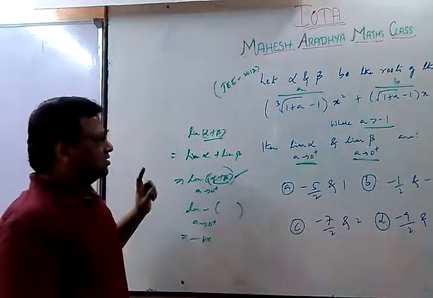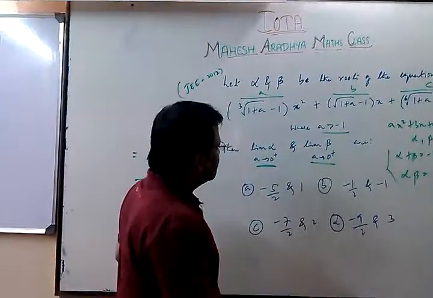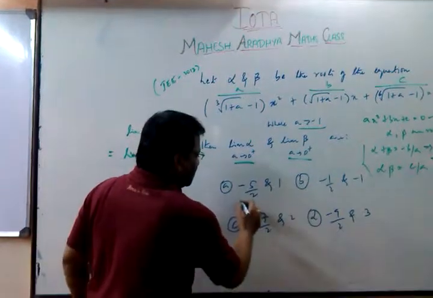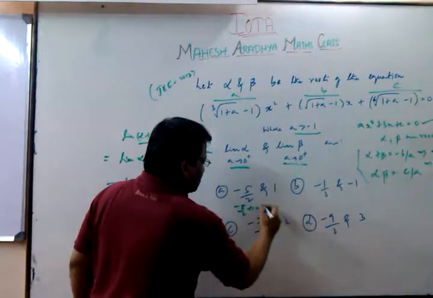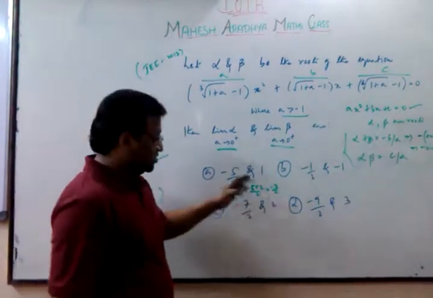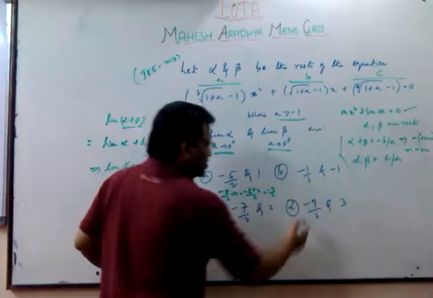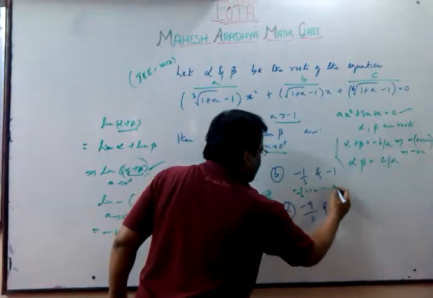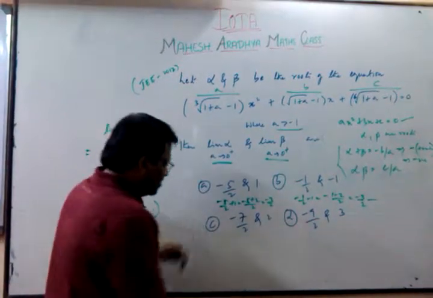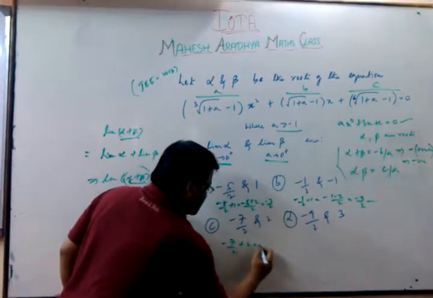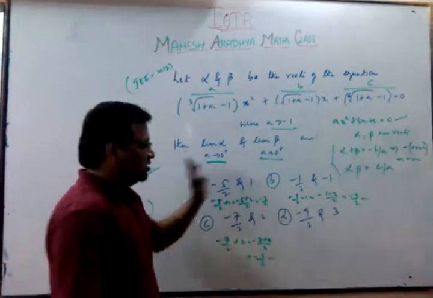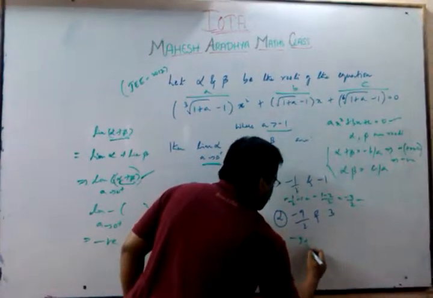Now let us look at the given options. Let us see in which one alpha plus beta is negative. -5/2 plus 1: what is that? It is -5 plus 2 by 2, which is -3/2. I'm getting negative, so this can be the answer. We don't know. What about here? Of course, minus of -1 is -1, -2/2, -3/2. This is negative, this can be the answer. This can also be the answer, because -3/2. This can also be the answer, I believe. 6/2.